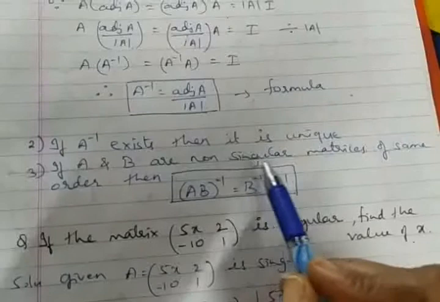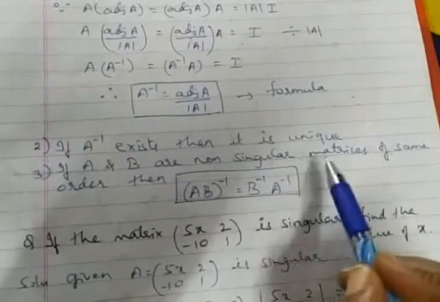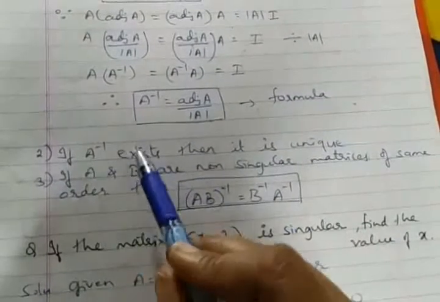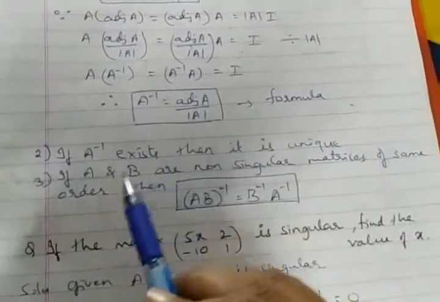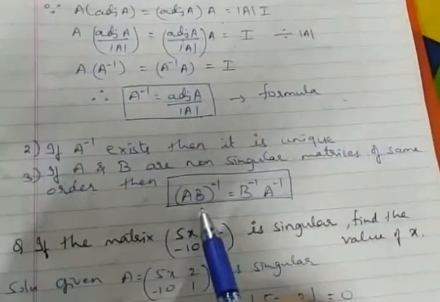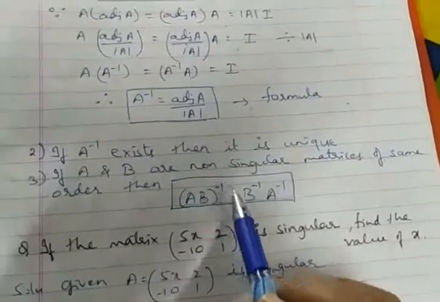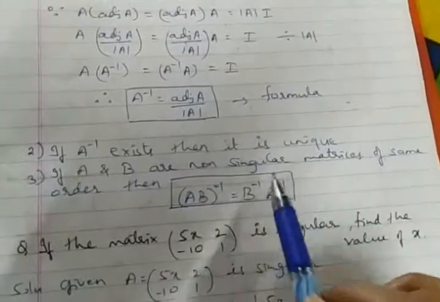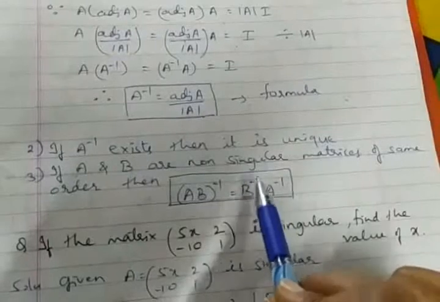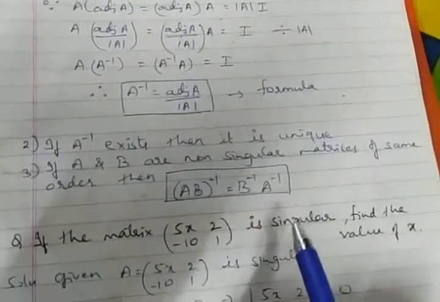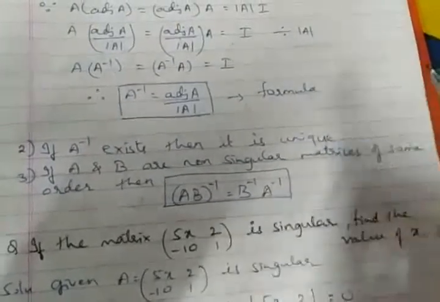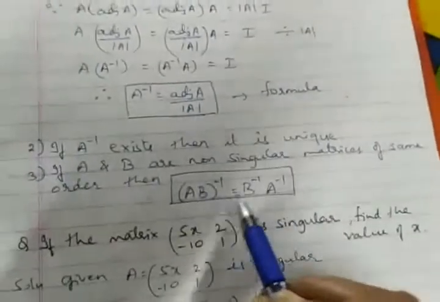Now one more, based on inverse only, we have one more important result to be discussed. If A and B are two non-singular matrices. Why non-singular? Because A has an inverse and B has an inverse. If A and B are non-singular matrices, then always this relation stands, that is (AB) inverse is always equal to B inverse A inverse. Don't say A inverse B inverse, be careful of the property, it is B inverse into A inverse. So all the properties you have to list out. One paper can list out all the properties.